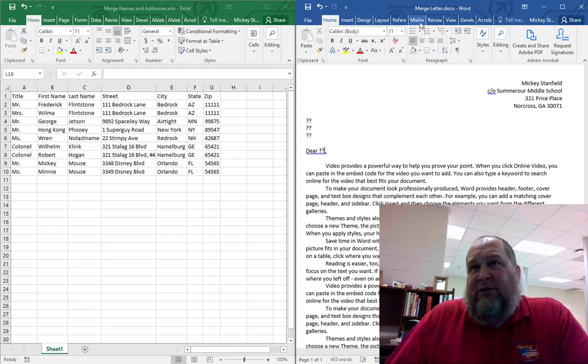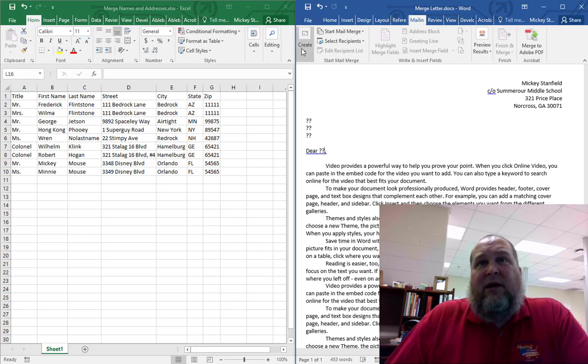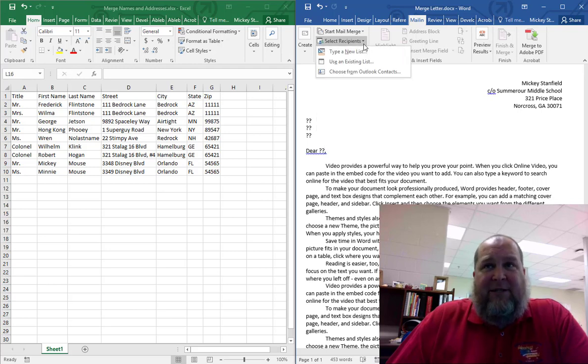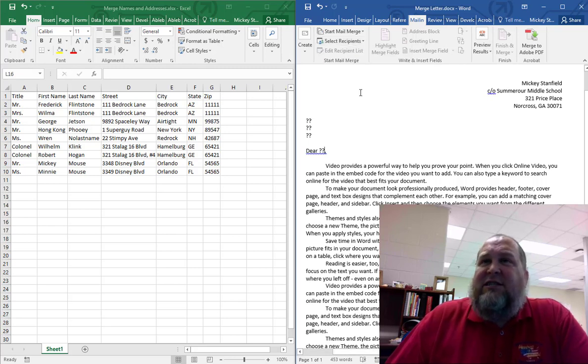So the first thing we need to do is in the letter itself, you're going to go to mailings. And you're going to create a mailing. Actually, you don't even have to hit create. You can hit start mail merge or select recipients. So let's select recipients, use an existing list. Now you can type a new list. This is a cool feature. So let's say you're